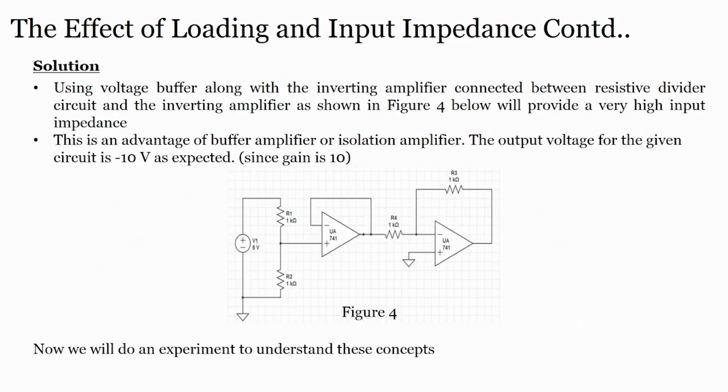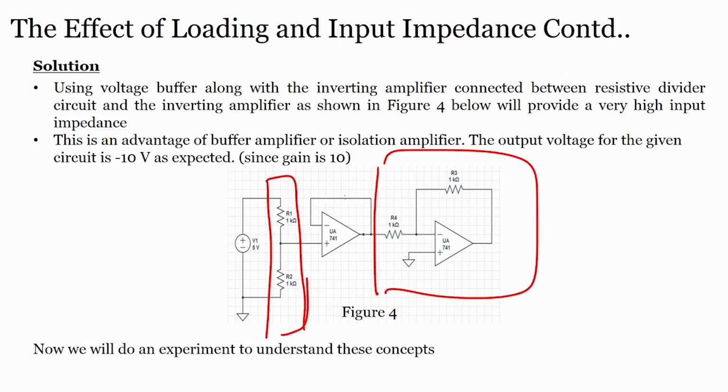Now, let us see the solution. So, what is the solution? Using the voltage buffer along with inverting amplifier connected between a resistive divider, as you can see here, right, this is a voltage divider circuit connected to an inverting amplifier circuit using the buffer, voltage follower, right. As shown in the figure, this will provide a very high input impedance,